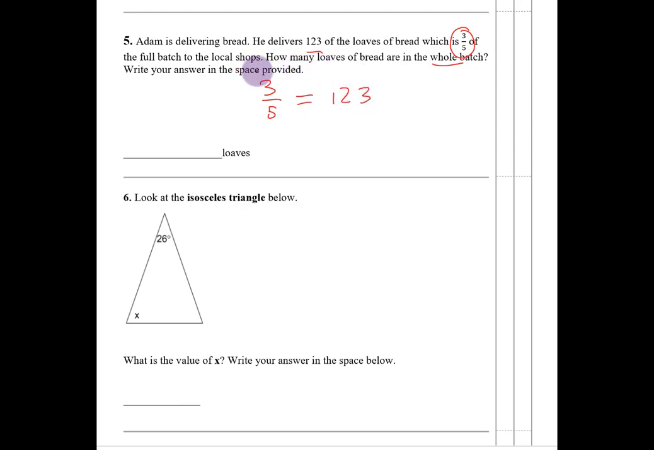Now we are working backwards here. Normally to work out a fraction of a number we divide by the bottom and times by the top, but we need to work backwards to find out what the whole original amount was. So we do the opposite. Instead of dividing by the bottom and times by the top, we divide by the top and times by the bottom. Whenever we do 123 divided by 3, which is our top number,